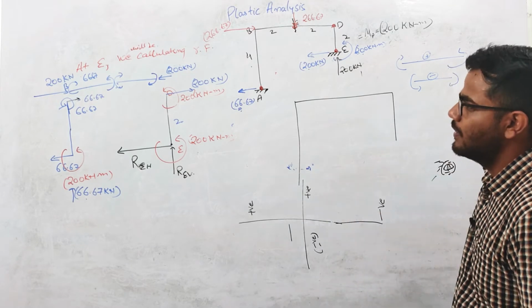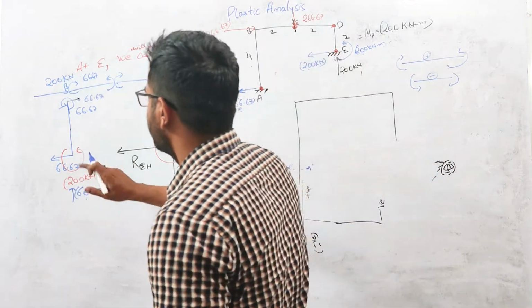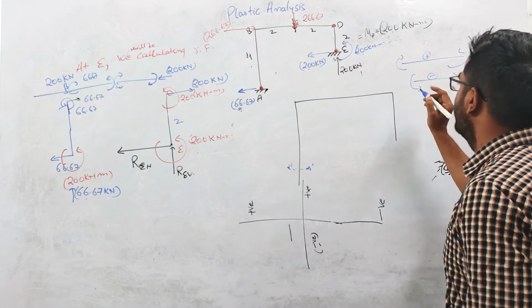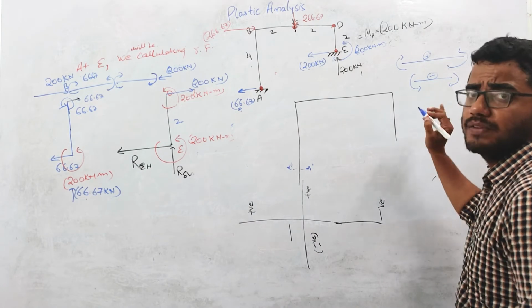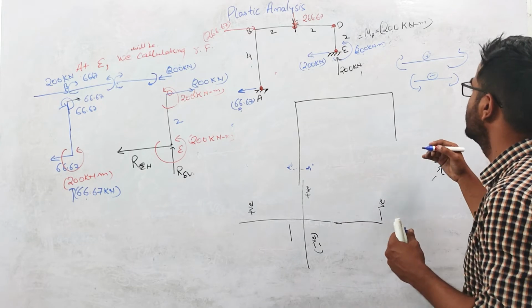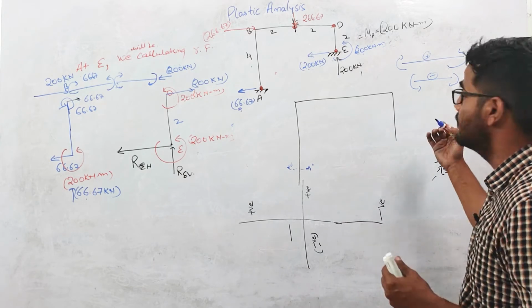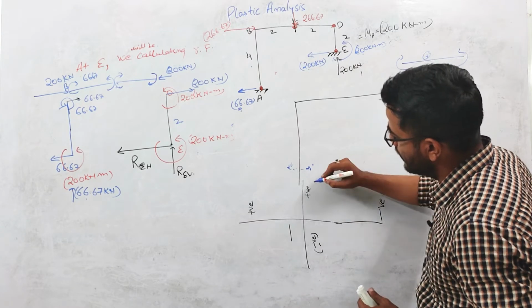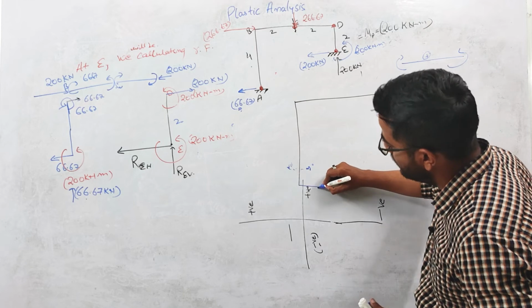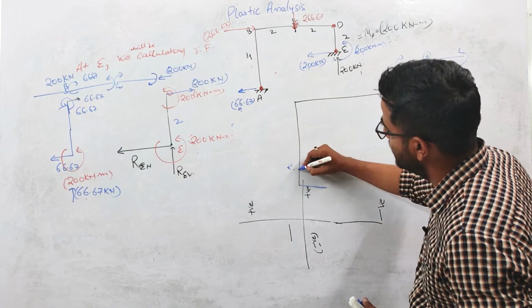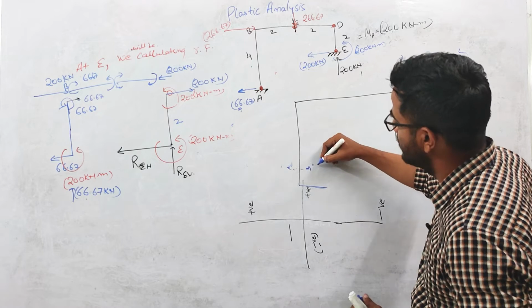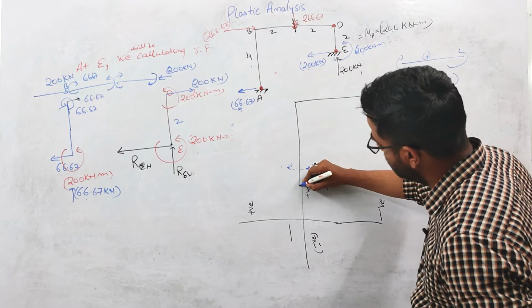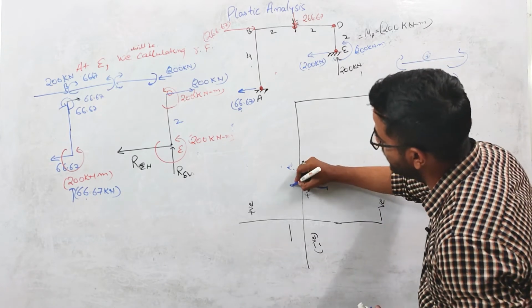So now you can see that moment acting at this point is 66.67, which is acting in anti-clockwise direction, right? So here you can see that if you assume the simple logic through which we draw bending moment diagram in beams, this direction is considered negative, right? So here also same thing I'm doing. I'll start my bending moment diagram from negative side. Okay, above this axis it will be considered positive, below this it will be considered negative. Okay, so this is the starting point of my bending moment diagram for this AB portion,